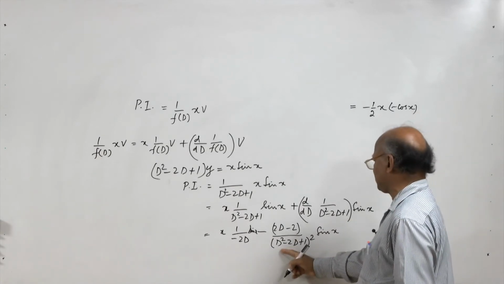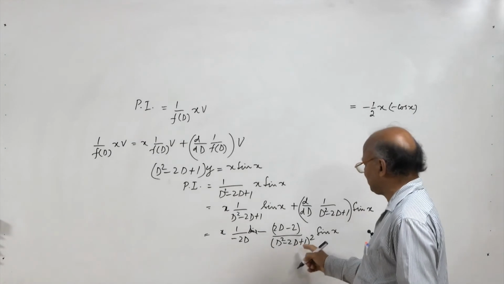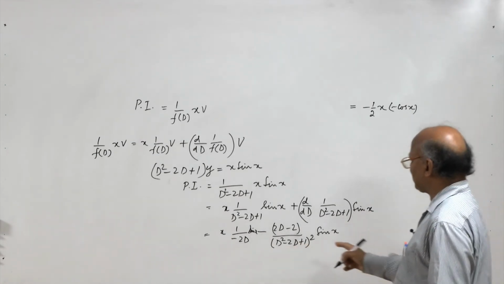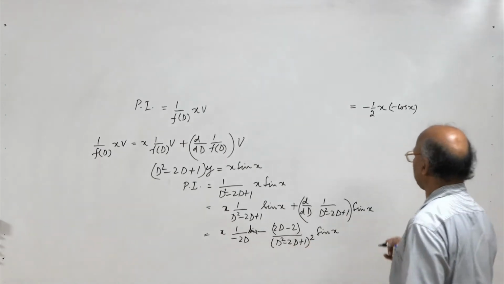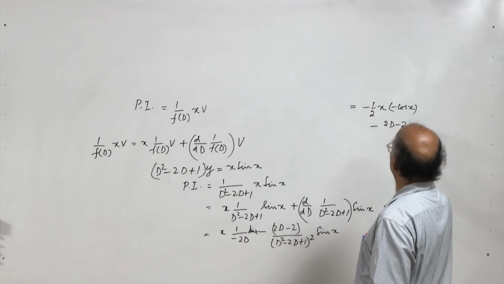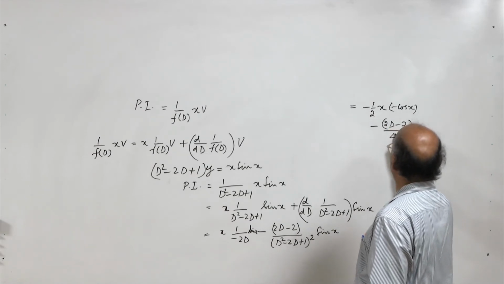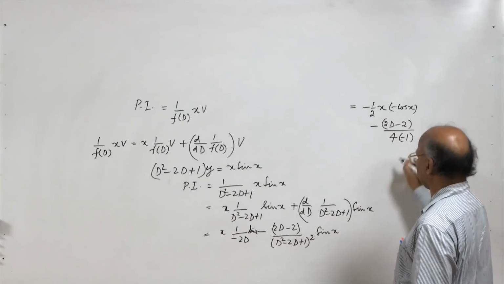And here we replace D square by minus 1 square, that is minus 1. So, minus 1 plus 1 whole square, minus 1 plus 1 means 0. So, we get minus 2D whole square, which is 4D square. So, we get minus 2D minus 2 upon 4D square, D square can be replaced by minus 1 square. So, we get minus 1 sin x,